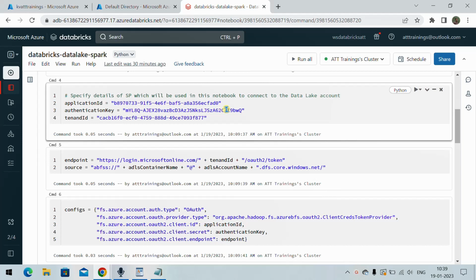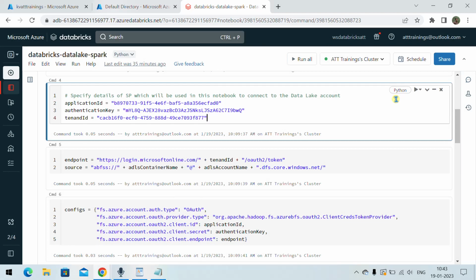If we save our notebook in some Git repository, this secret, which is the authentication key, is subject to compromise. We should not store our secrets in this way in the notebooks. Rather, we should store the secrets in the secret scope, which is a facility of Databricks. We can connect secret scope to Azure Key Vault and store all the secrets inside the Key Vault and then refer to those secrets in the notebook later on.